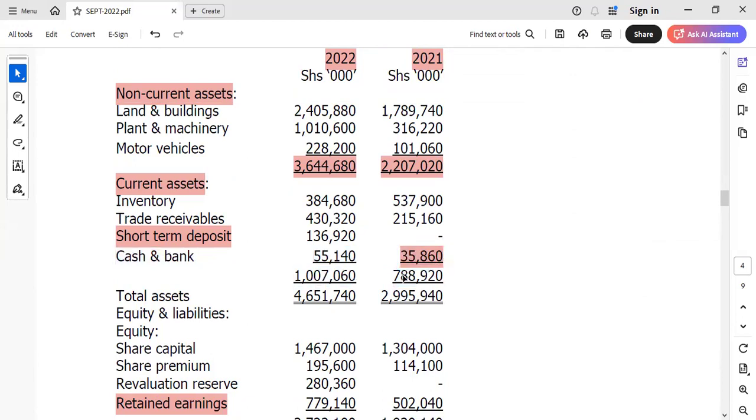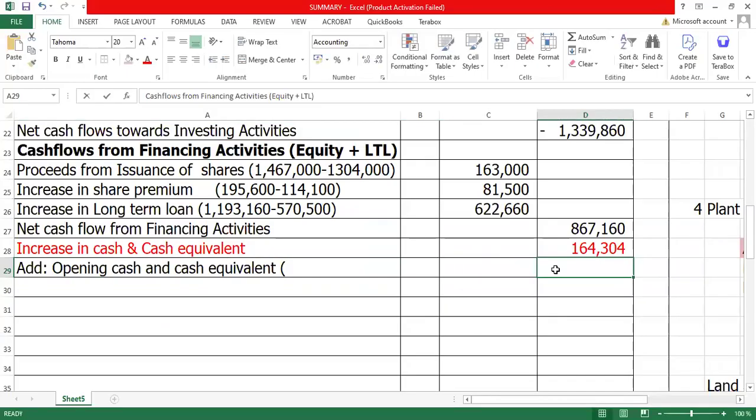But here we don't have the overdraft. Even at the start, we don't have short-term deposit. So I'm going to simply pick this as my opening cash and cash equivalent. So I put it here. I'm going to put it here. I'm going to put it here. So when I add this plus